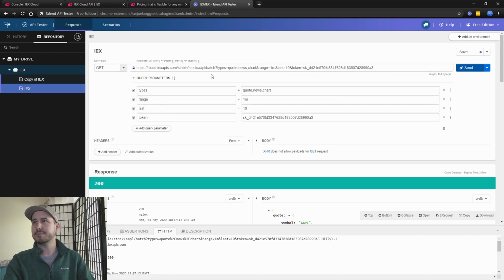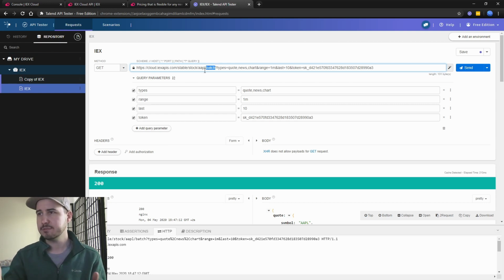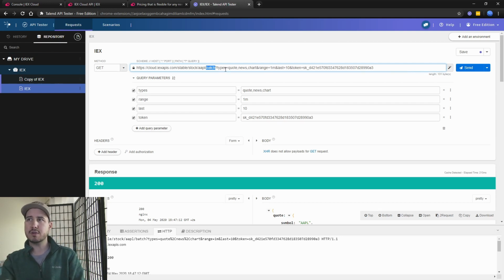Okay, so I just had to get my other API. Okay, so I just got one I saved here locally. Basically, this is a different URL, so this is a little bit different. I'm still getting Apple, but I'm getting a batch. And a batch is basically everything about this stock. Like, give me the symbol, give me whatever you got, right? And you can actually say what you want and from what chart ranges and everything, which is really cool. So I have here types, quotes, news, charts, range, 1 minute, last 10, and there's the token. All right. So when I hit send,